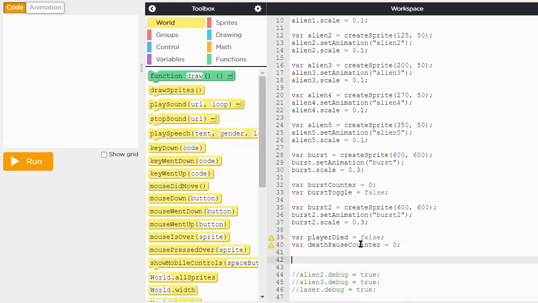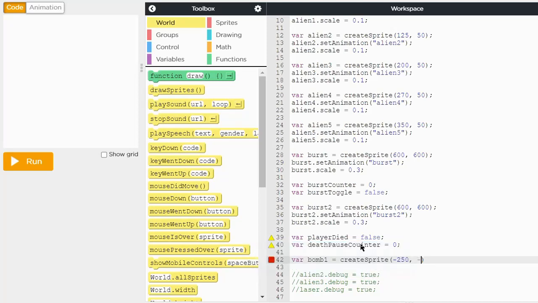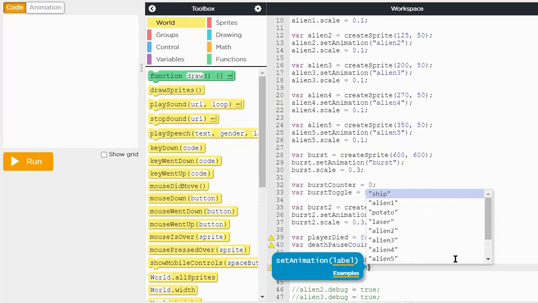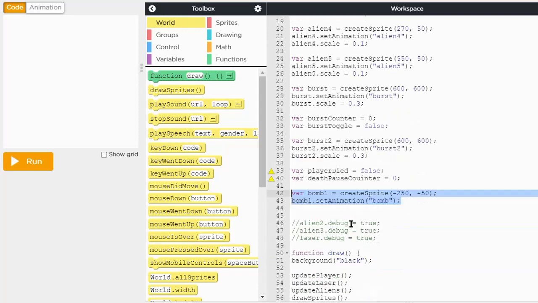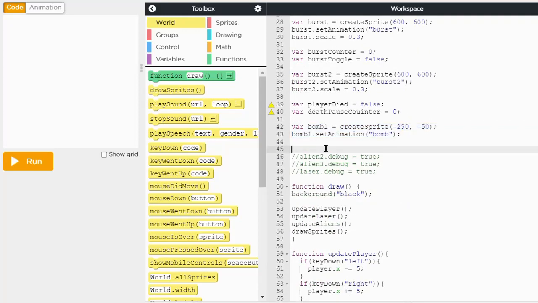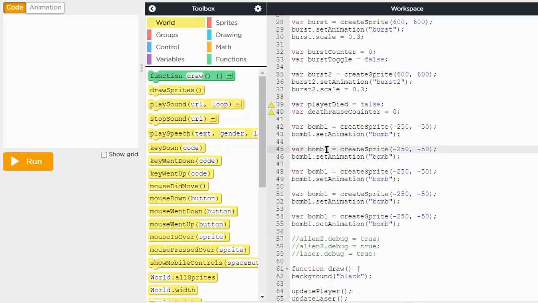Now we need to create our bombs. So I'm setting those off screen up and to the left at negative 250. And we're going to make 5 of these because the easiest way to do this, I believe, is to make a bomb for each alien. And then we're going to cycle them. So I'm going to copy and paste this. And this will be 2,